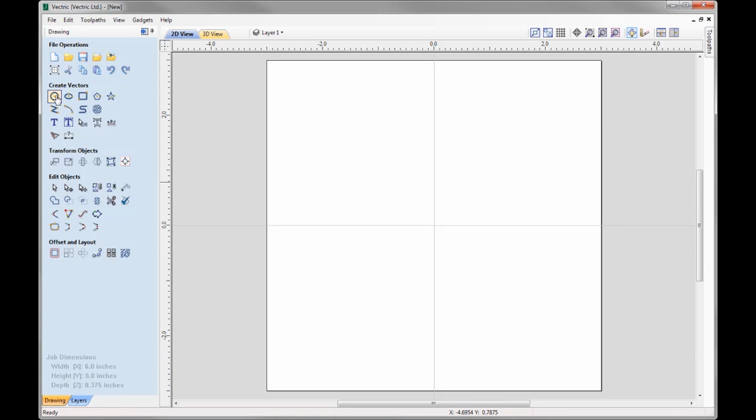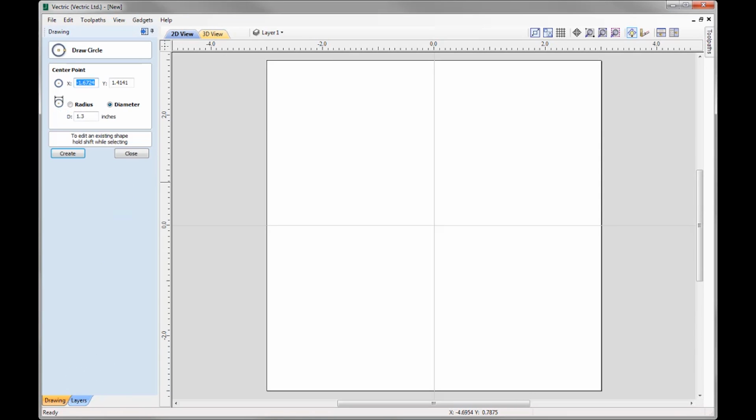We're going to start by looking at the draw circle tool. So in previous versions, to draw a circle, we'd either enter the precise center point followed by a radius or a diameter, or we'd freehand draw the circle in place. With the addition of transform shortcuts, I'm able to simply click to create a circle, and I can draw out the circle,